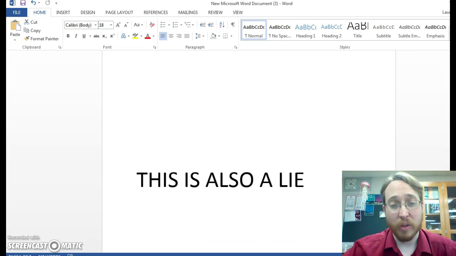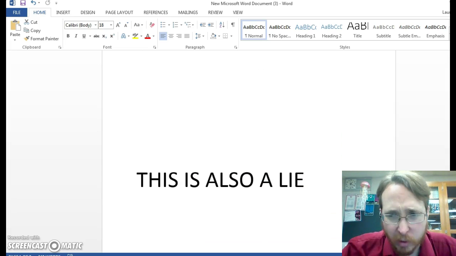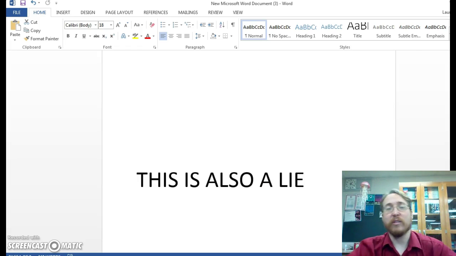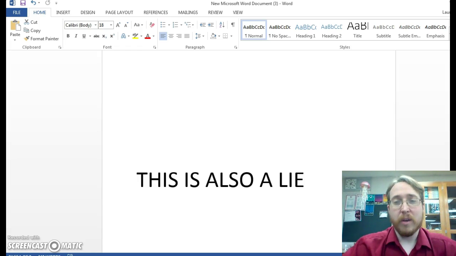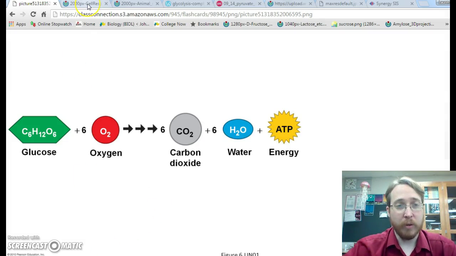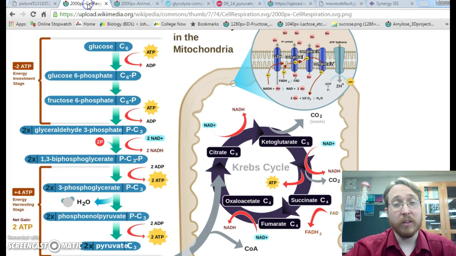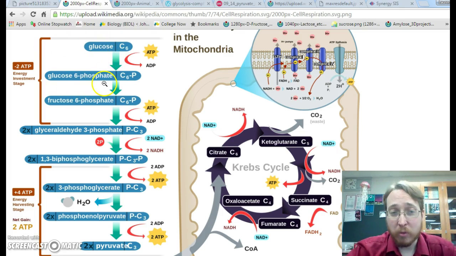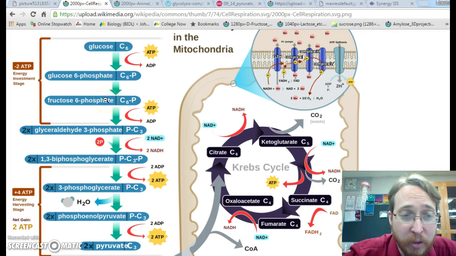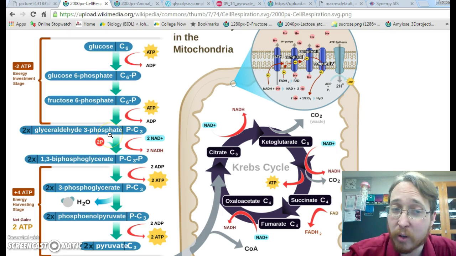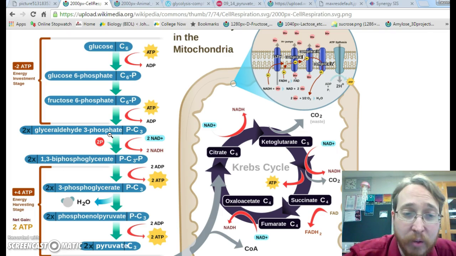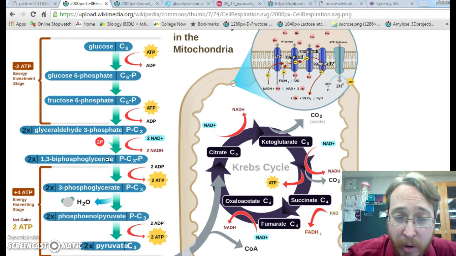No. This is also a lie. I'm going to show you the dark truth of cellular respiration. I'm going to show you that it is far more complicated, because cellular respiration really looks like this. You start with glucose, and it undergoes a reaction to become glucose 6-phosphate, which then undergoes a reaction to become fructose 6-phosphate, which undergoes a reaction to become 2 glyceraldehyde 3-phosphates, which each undergo a reaction to give us